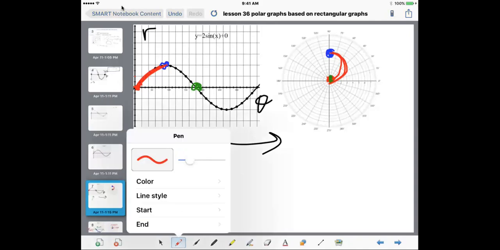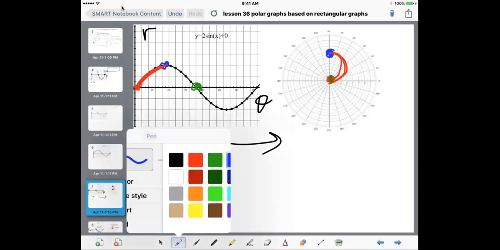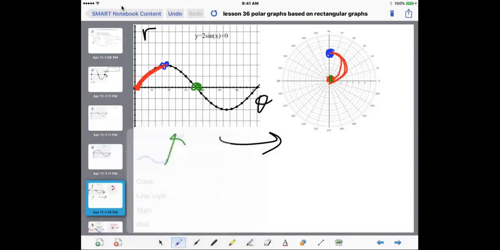And then if I make the blue, this entire thing, with that, as theta gets bigger, r gets smaller, and that's why it kind of spirals inward. And that's why we get a circle. Actually, just for the first 180 degrees of the sine curve, we see that circle there. But if I were to keep going